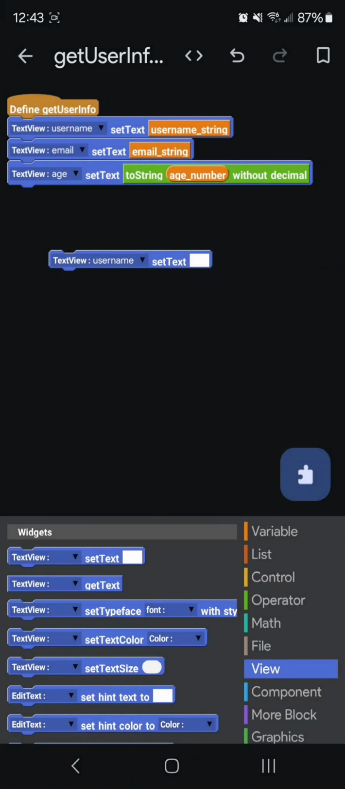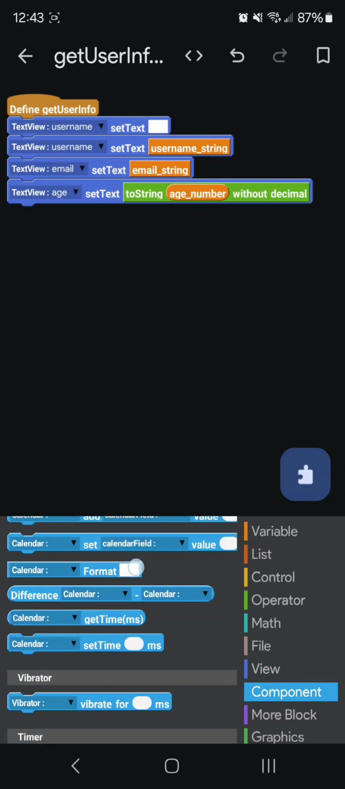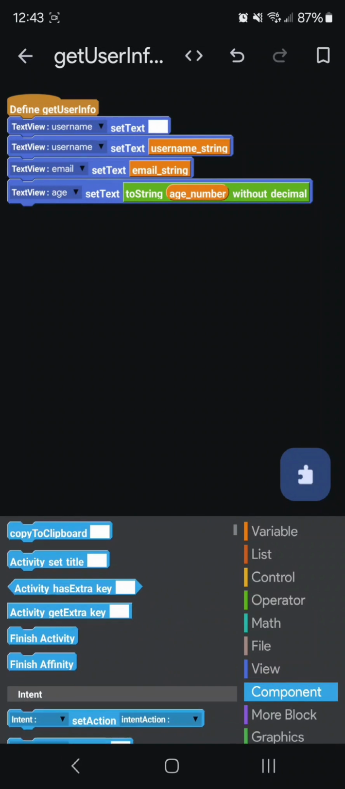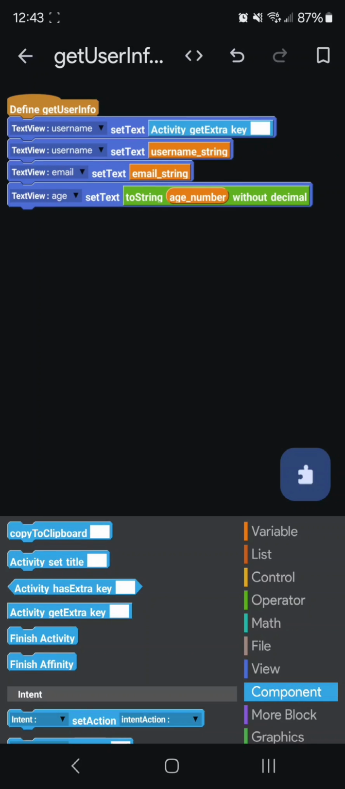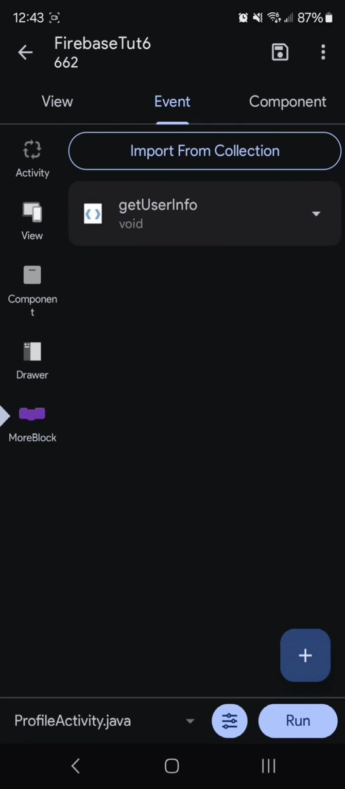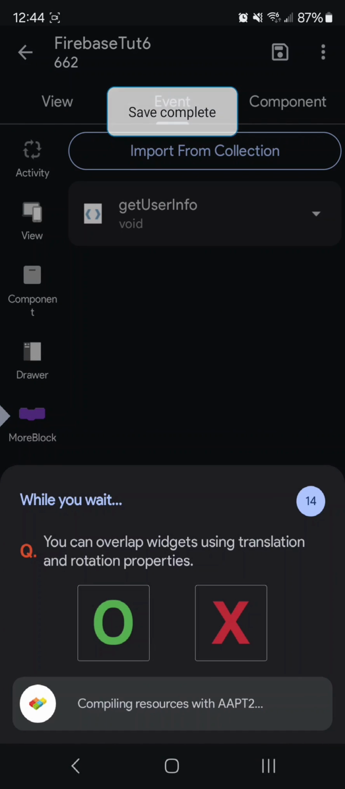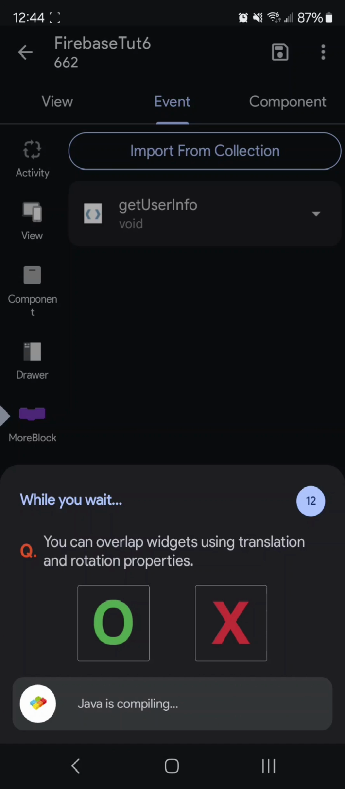I'm going to use the username, because the username is going to be blank anyway. And then we're going to grab our extra, which is from our component section, activity get extra key called map data. And then that's going to set that information to that username. So let's get rid of this for now, because it's just going to go blank if we do that. And then we will be able to send our exact JSON array of data from that user's profile instead of